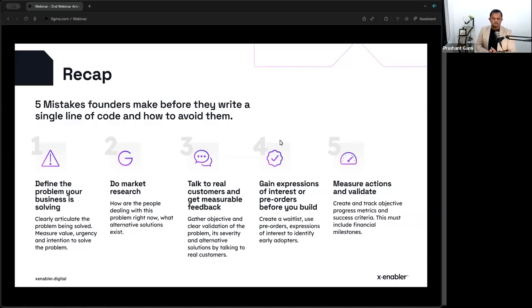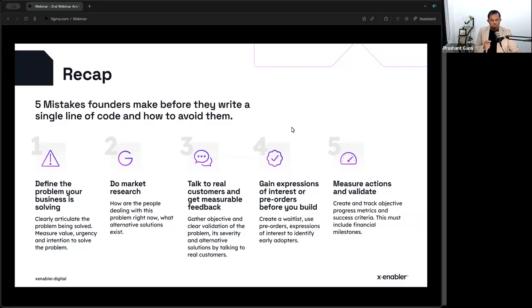Do your market research, and that means hypothesizing is fine, but if you found a problem that actually matters, that needs solving, and people actually want the solution, they're happy to pay for it, there should be alternate solutions that exist. And it might not be as sophisticated as what you are trying to do, but it might still be a workaround. It might be something they're doing right now to handle that problem. So do your market research, do your competition analysis, check how it is working at the moment, and make sure that you have a very clear idea of the market before you enter.